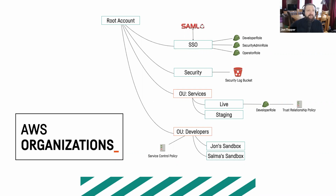So the multiple account layout in AWS Organizations, what we do here, there's actually something called Landing Zone and Control Tower that I'm going to talk about later, which is a more nuanced, more AWS version of this. But when we first started doing AWS Well Architected, those services were not available, and our recommendation was to create a single root account, maybe handle your billing through there, and use specific accounts for every type of workload that you're running. So you use an account to manage your single sign-on story. You'd use a separate security account with tighter security controls for